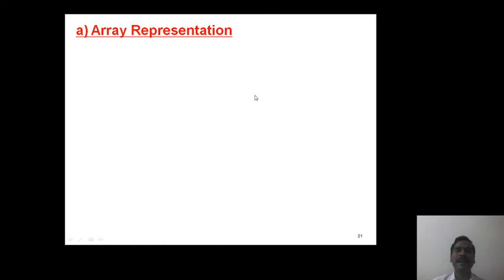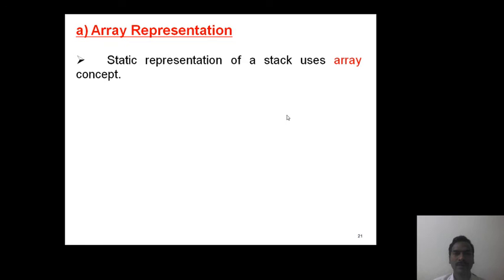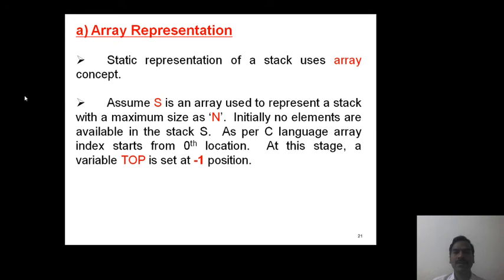First one, array representation. Array representation is also referred to as static representation, and static representation uses the array concept. Assume S is an array used to represent a stack with a maximum size n.